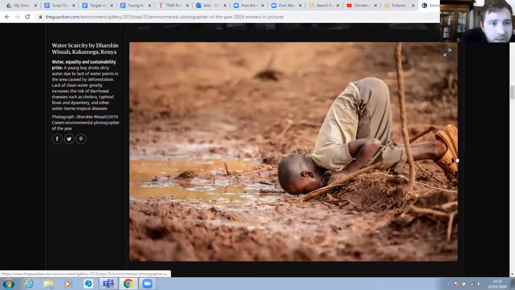Water, equality and sustainability prize. This one won. A young boy drinks dirty water due to lack of water points in the area caused by deforestation. Lack of clean water greatly increases the risk of diarrheal diseases such as cholera, typhoid fever, and dysentery, and other waterborne tropical diseases. So for me, that caption is pretty well written in the sense that